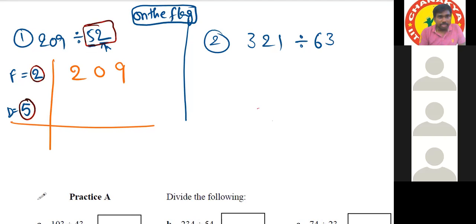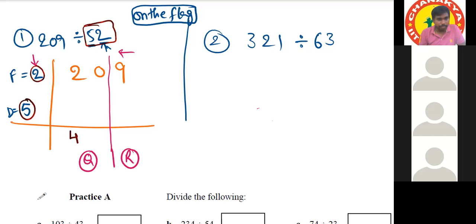One more thing here is, in flag, how many digits are there? Sir, one. Only one digit means from right side. From right side, after one digit, we have to make a separation. And before this separation, we'll give quotient. And after this separation, we'll give remainder. First we'll start with the 5 only because our divisor is 5 here. In 25 will go or not go? Will not go. How many times it will go? 4 times.